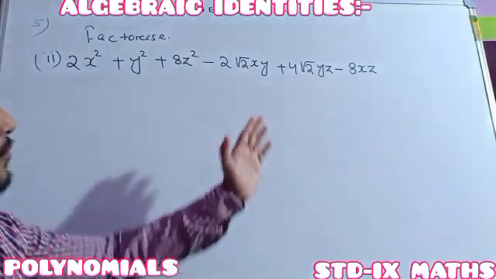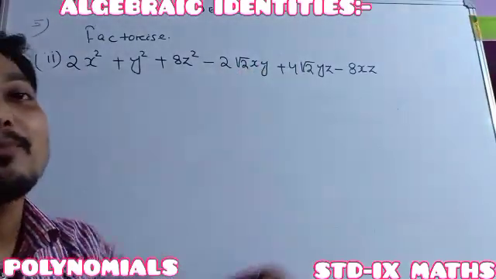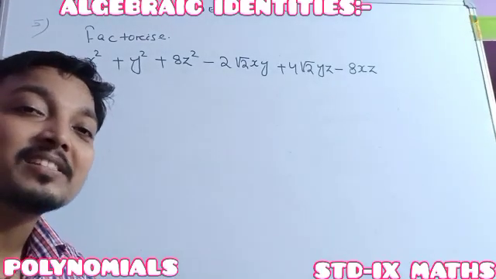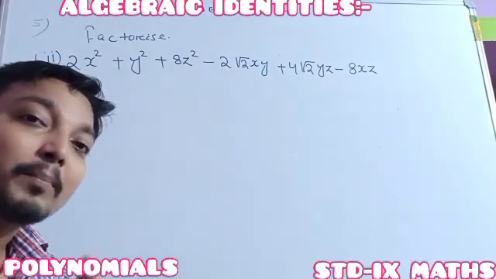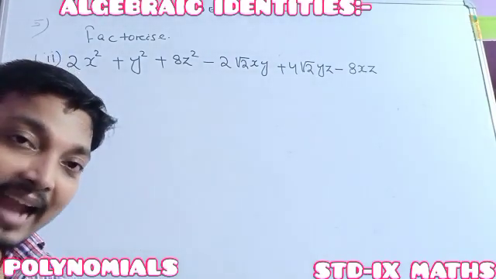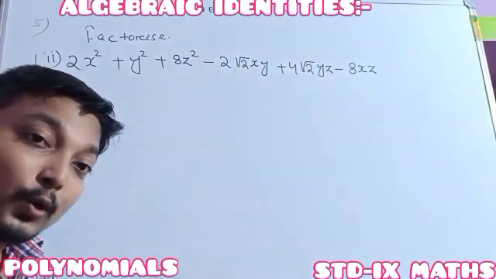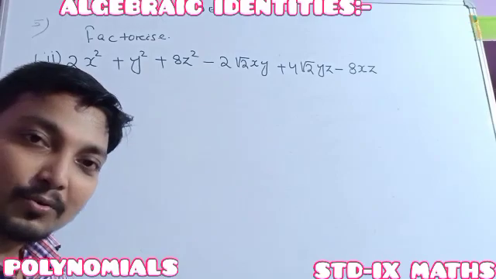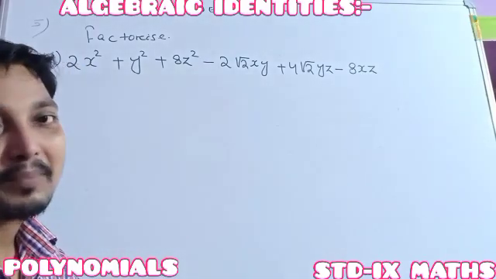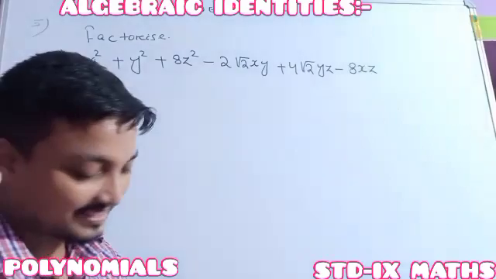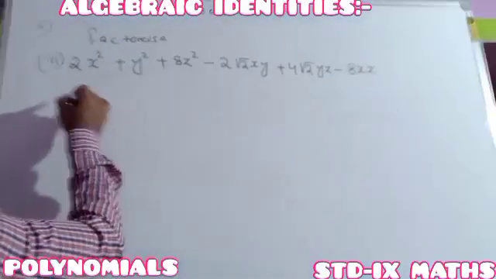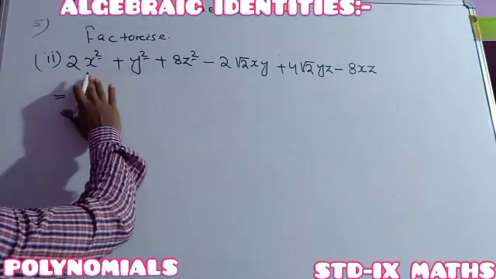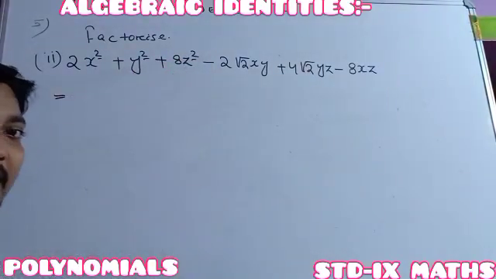So we have to try to make the expansion form ready as in the algebraic identity x plus y plus z whole square. Just like that, 3 perfect squares must be there, and another 3 terms must be 2 into the product of the first 2, another one 2 into the product of the next 2, another one 2 into the product of the last and first. We have to try to arrange. Okay. See, here the square is there, square is there, square is there. So it means 100%, these 3 should be arranged in the square format.